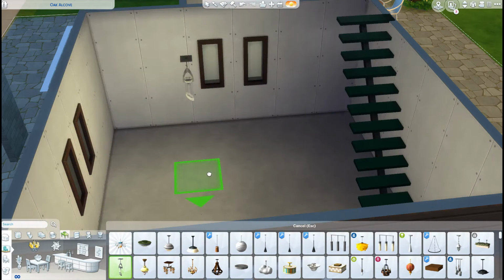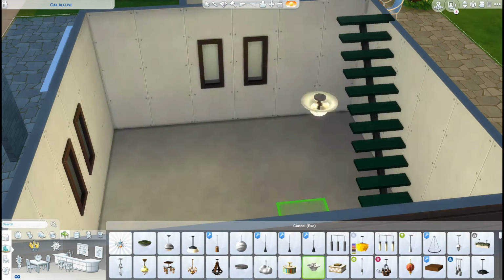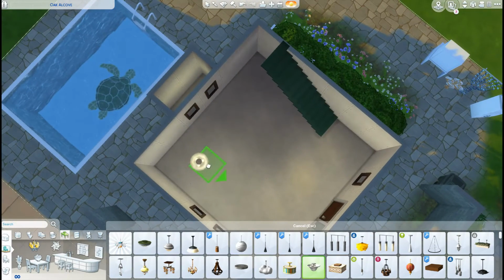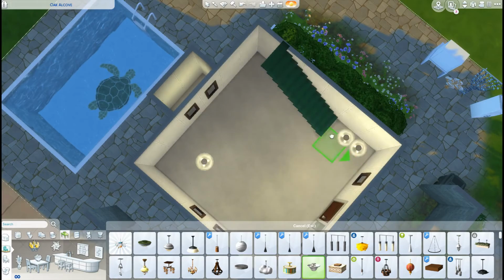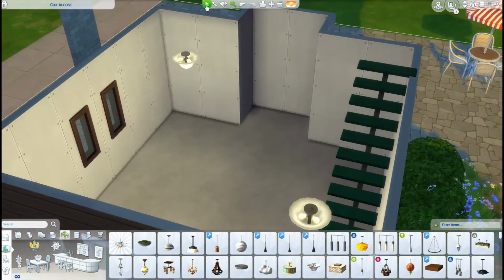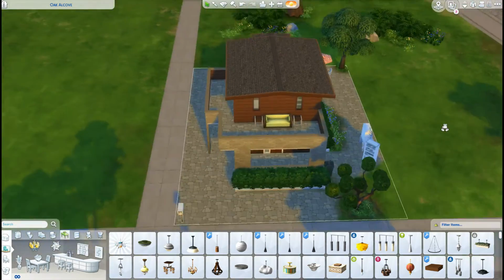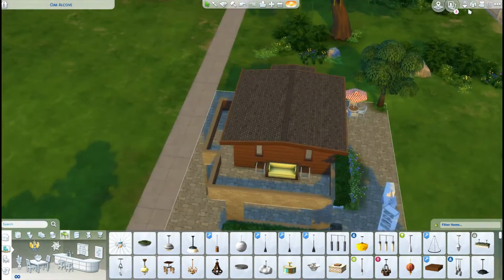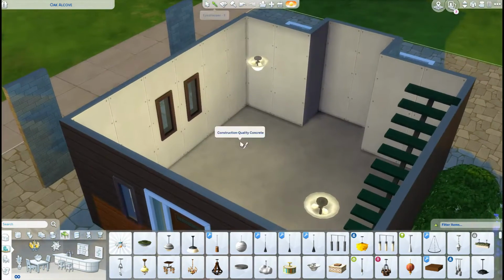Here I am taking an hour to cut out lights. I realized I forgot to cut this out after I had done everything, so whatever. You watch me struggle picking out lights. You can kind of see the pool on the sides of it, but you'll see a better view of it later. Ignore the random items on the side though. Those are just there because I had planned on using them. So you'll see a better shot of it in the end, but there's the